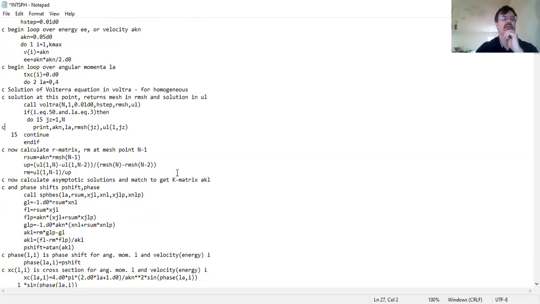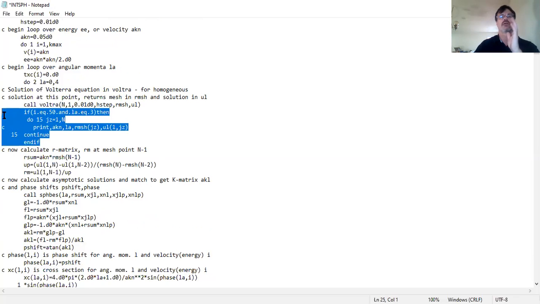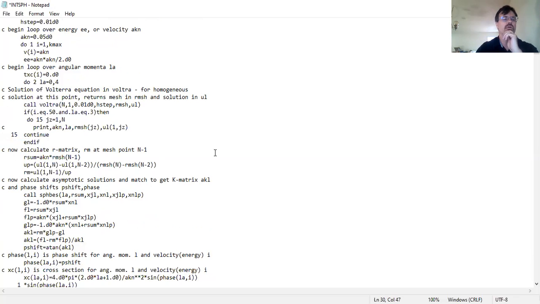Or I'm not going to use that in this case, so I commented it out. You could even just take this whole block out, and you wouldn't change the program. So once again, once I get my ULs from the integration Volterra, I define my R matrix, my inverse logarithm